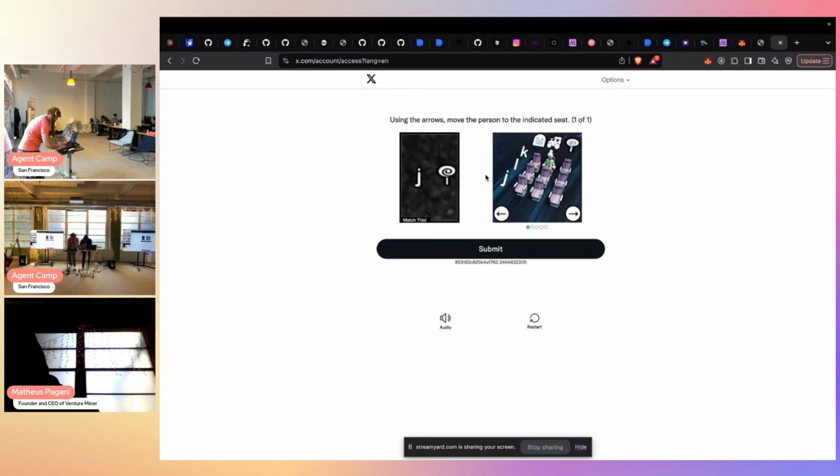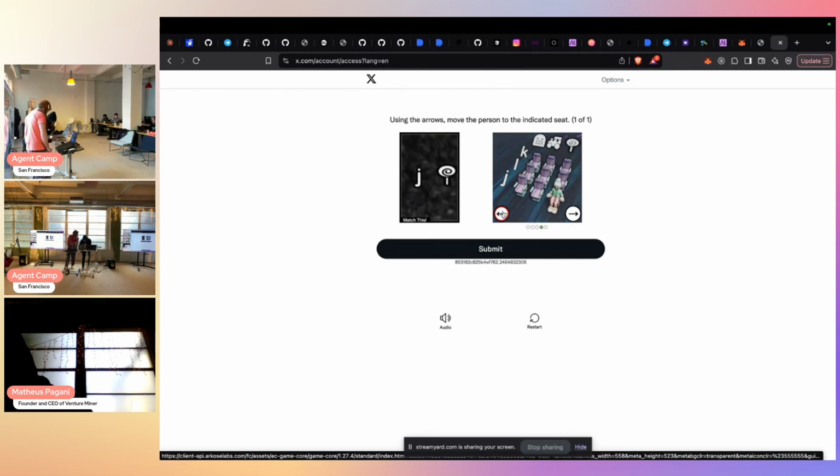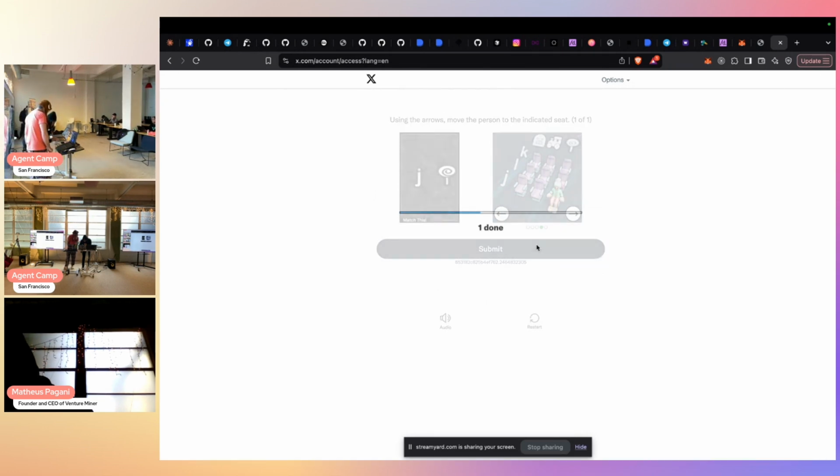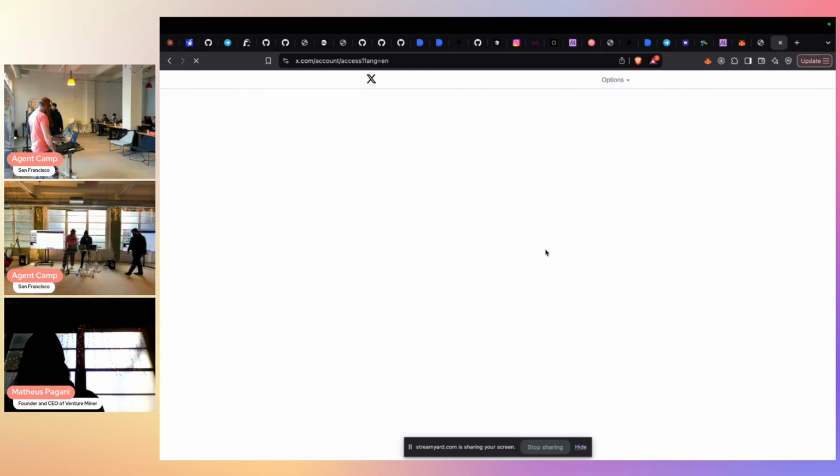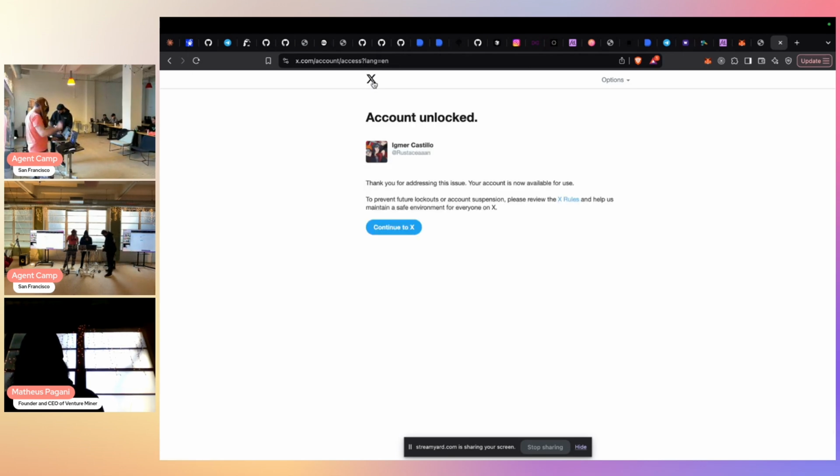Using the arrows, move the person to the indicated seed. What the heck? It's that one. Hopefully I'm not a bot, guys. My age is gonna get me out of work. Account unlocked. Let's go.